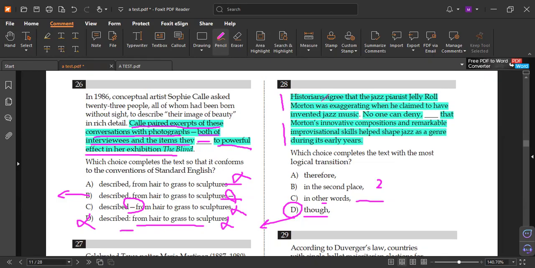Let's find. Historians agree that jazz pioneer Jelly Roll